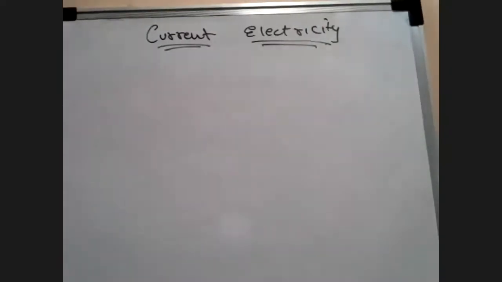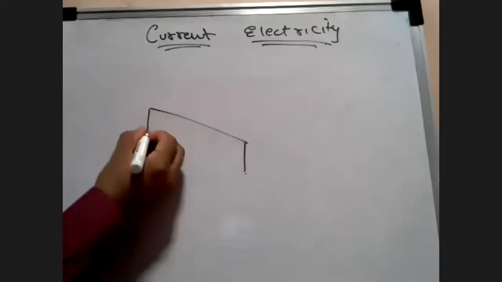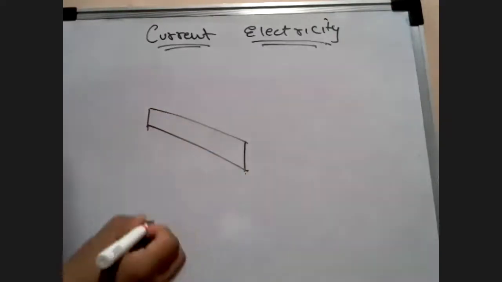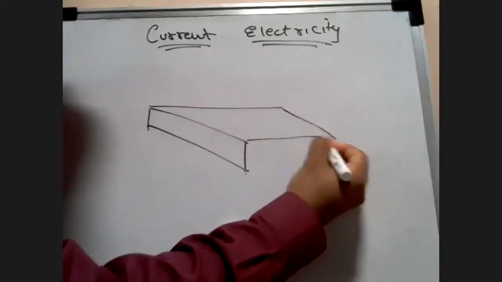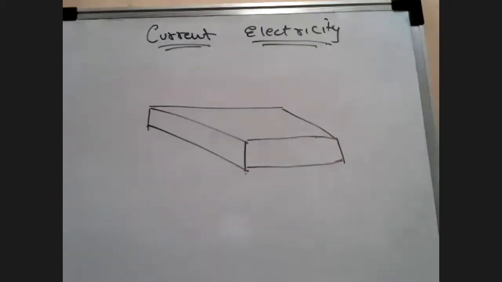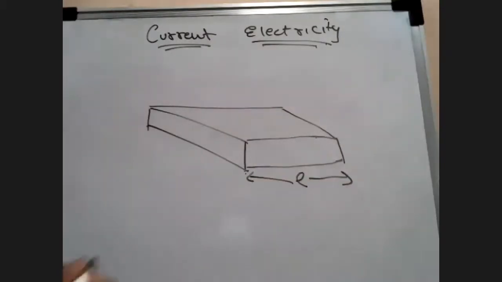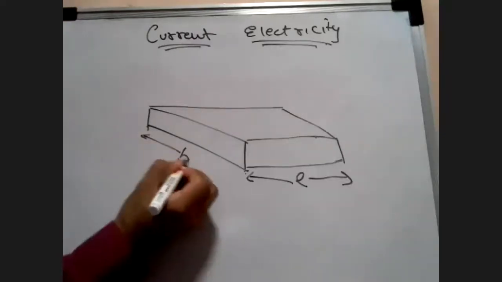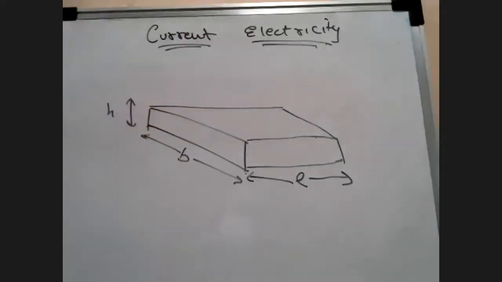Let's say that I have, it's funny, these are all easy questions, a cuboid. I'm not very good at drawing this. Okay, consider this to be a cuboid now. It is going to have some length L, and some breadth B, and of course some height H. And I'm telling you that the current is basically flowing in this direction.